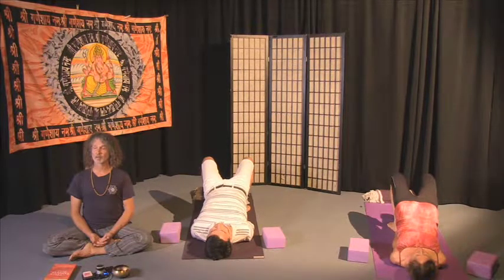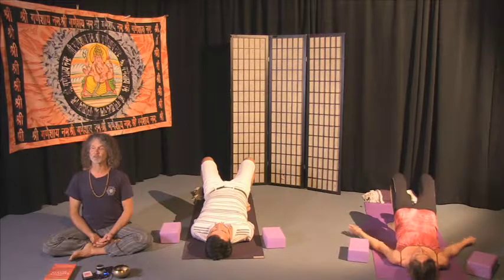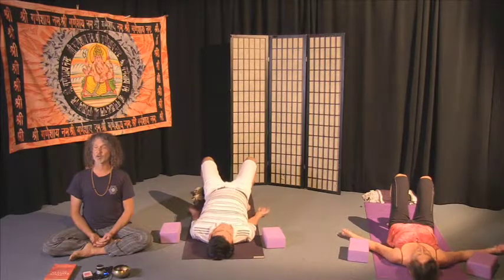Retaining that lift through the arches, pressing a bit more through the inside of the balls of each foot. The heart heavenward, perhaps offering up your practice to that which you hold higher. One more inhalation, and the exhalation, releasing the hands, engaging from the core, lifting the heels, rolling it back to the mat, tailbone last,